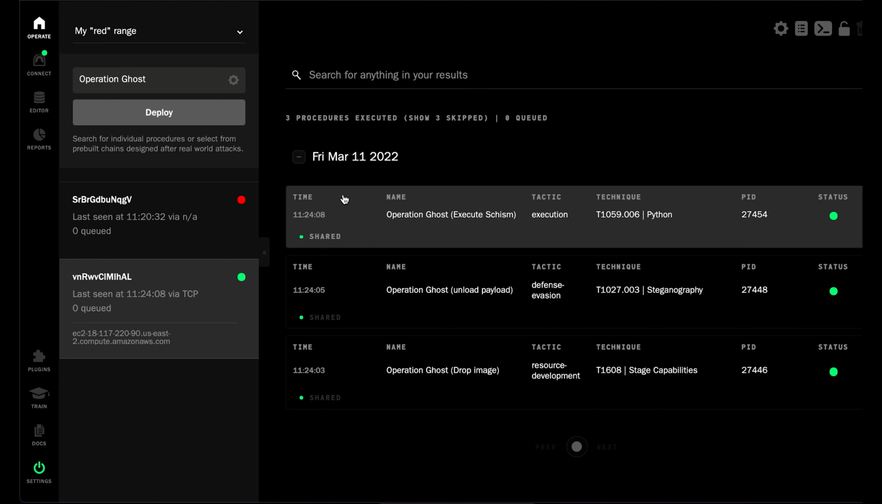We first drop the image file into var temp. We then utilize our decoder script to decode the contents of the JPEG and save it on disk. Finally, using the output of the previous script, we execute Schism, a Python-based agent. This concludes the Operation Ghost